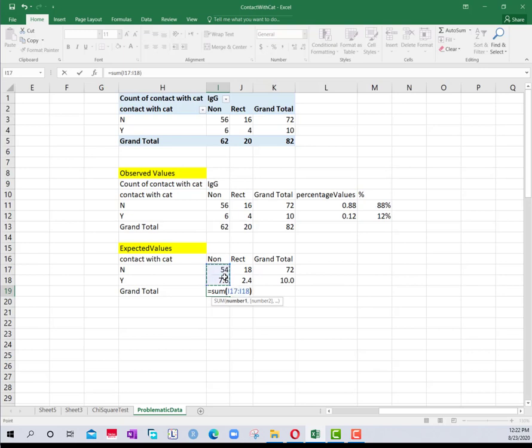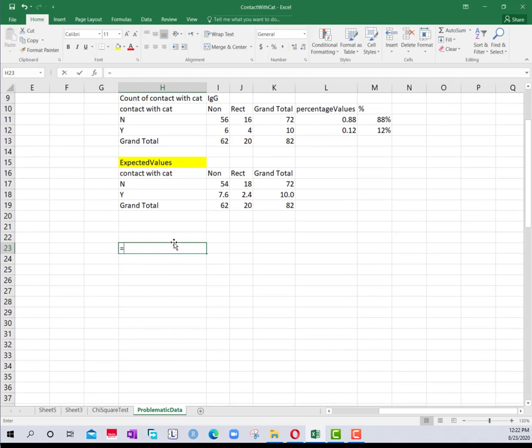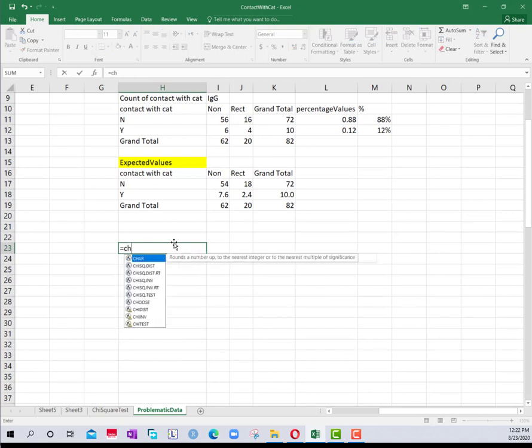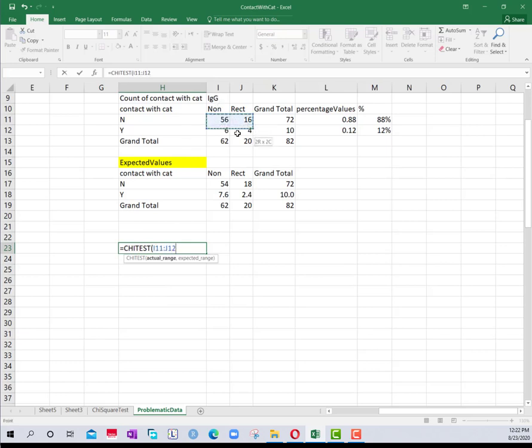There are variations within each value, but it's actually the same grand total. We don't need to calculate the percentage values for this one because it's all the same. So we go ahead and calculate the chi-square. We write down equal to CHISQ.TEST, and it asks for the actual range, which is the observed values, then the expected values, and that would give us